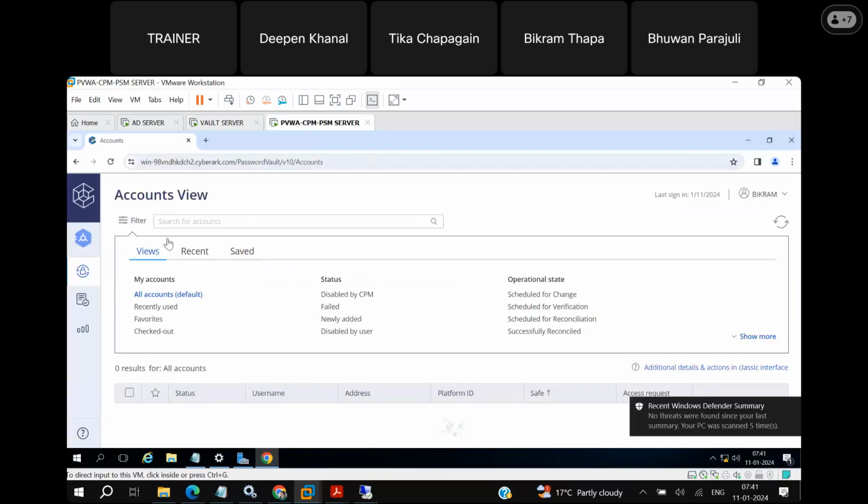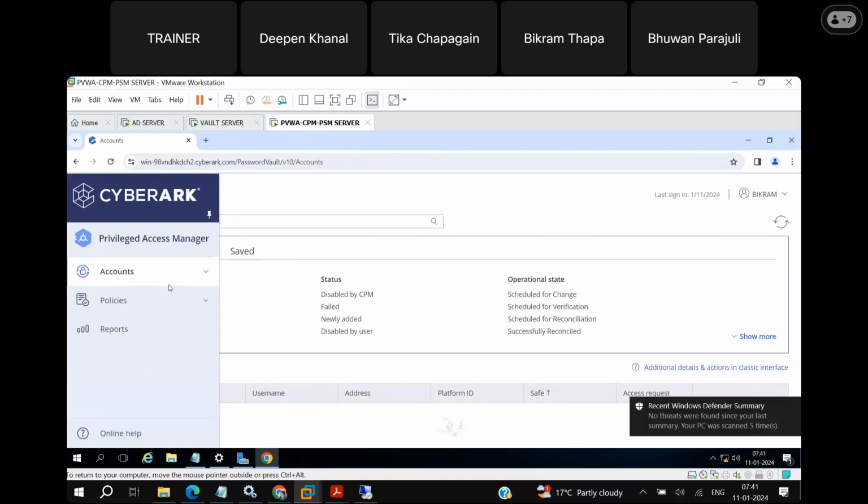Now if I log in, previously he could see only the accounts tab. Now he can see policies and he can also see the reports tab. The important point that I want to highlight is that this is one of the certification questions